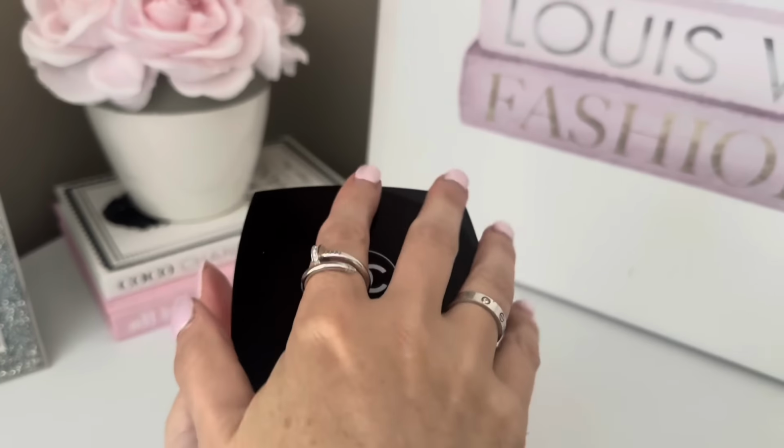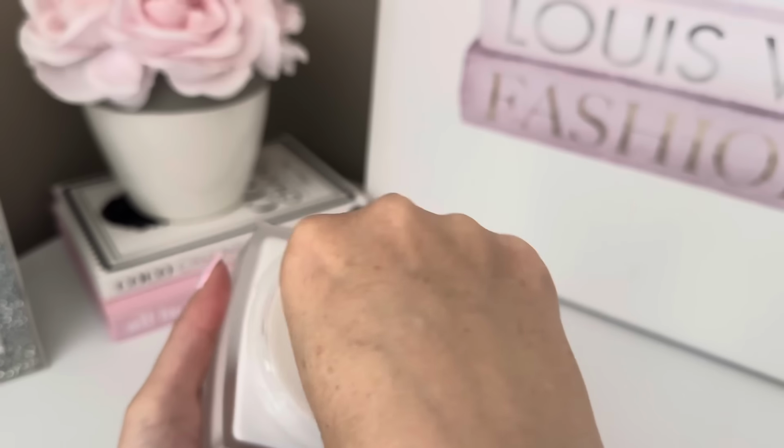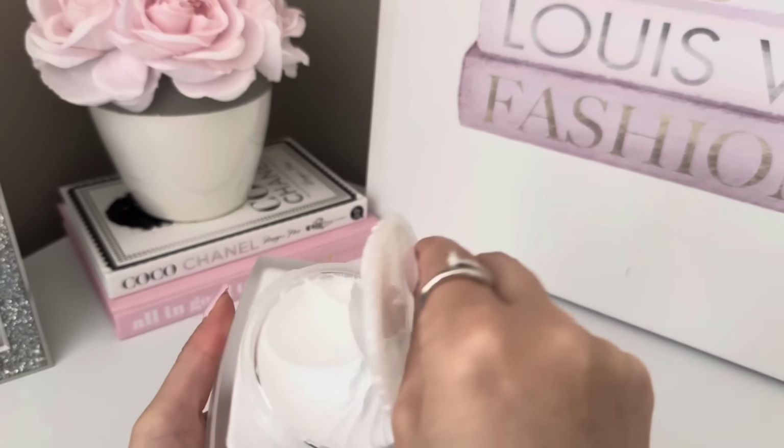So this is the Chanel Fresh body cream. They don't currently have a Chanel Gardenia body cream, which I wish they would come out with, but if you pair these two together, it just helps the fragrance to last a little bit longer. So I like to pair this together, but I always put this fragrance on at night, and it is a light whipped texture, and it smells so good,